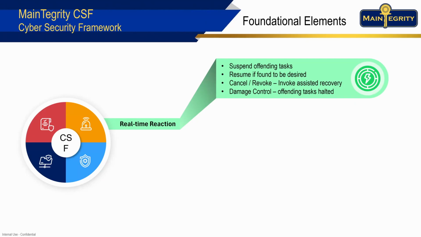As I touched on in the previous slide, the supporting functions in the framework are available to all of the individual components. This provides a robust set of capability that includes enabling you to suspend the tasks that exceed the thresholds. Suspending a suspicious task or user is a really useful function. It enables an investigation on a suspicious task to be undertaken when the task crosses a predefined threshold, knowing that it's not causing any additional damage to your environment. After the investigation concludes, you can cancel a job if it's malicious or resume it if it's benign.